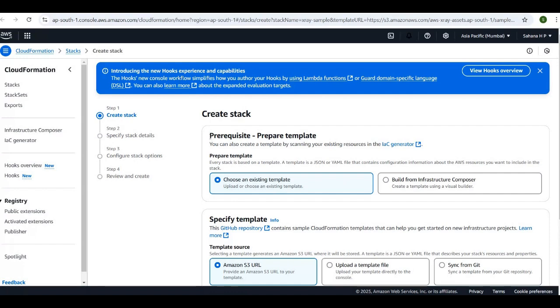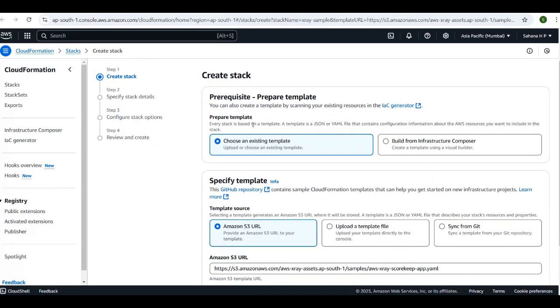So we need to create the stack, right? When creating the stack in CloudFormation, the prerequisite is a prepared template. You can also create a template by scanning your existing resources. You can prepare a template in two ways: choose an existing template, or build from Infrastructure Composer. Here I am choosing the existing template,